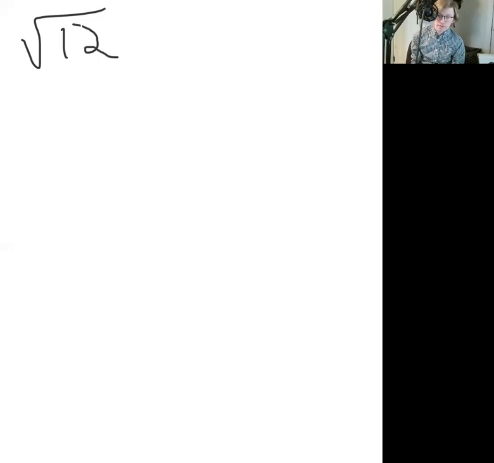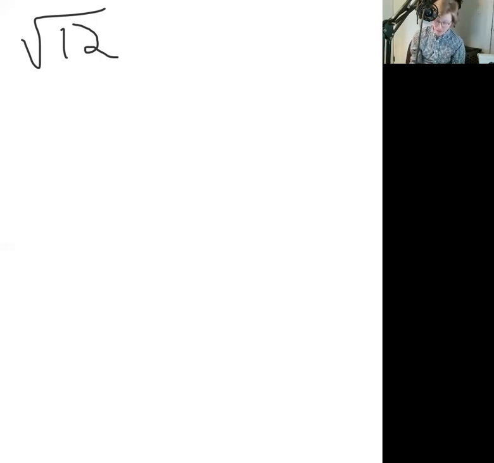The square root of 12. As you'll notice, this is also a non-perfect square. So what you do is you break it down into prime factors, or really into two other factors. Sometimes it doesn't have to be prime factors, as I'll show you right here. Sometimes breaking it down into non-prime factors can actually make it